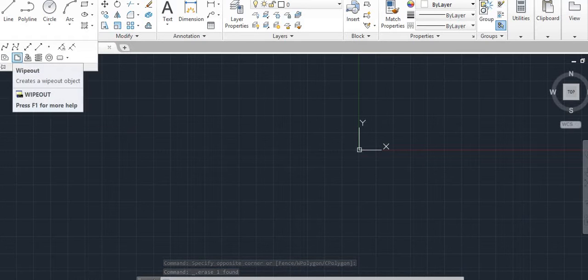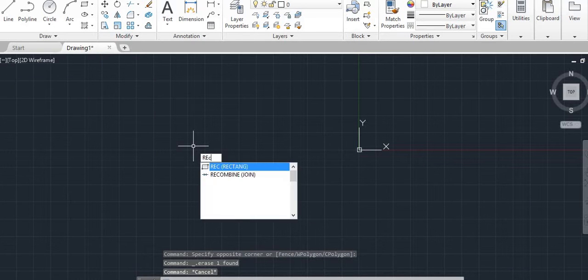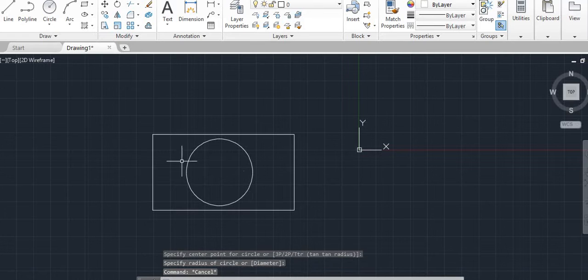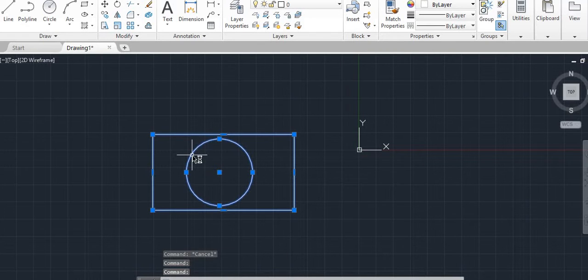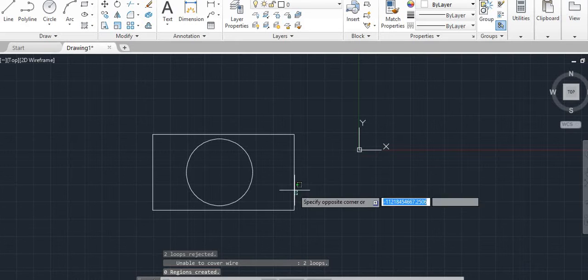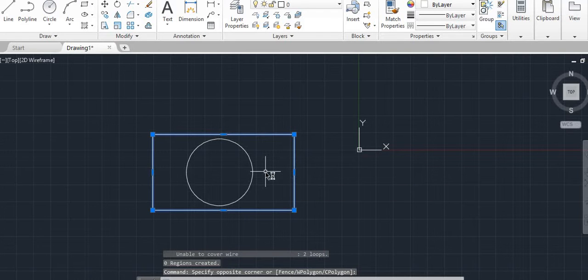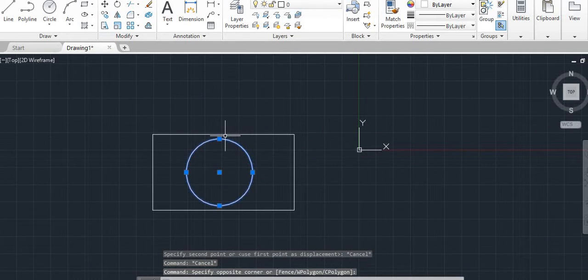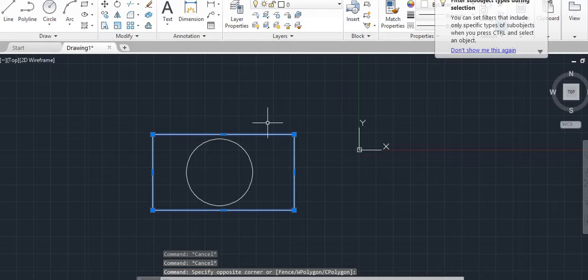Next we have region. Region is to create some particular geometry into one. I will create one rectangle and one circle, and I will convert this into a region. REG is a shortcut for region. For the region we will see more detail in further videos. We can compare this region and later we can go for block, region and group. We will discuss in further videos what the differences are between these regions, blocks as well as groups.